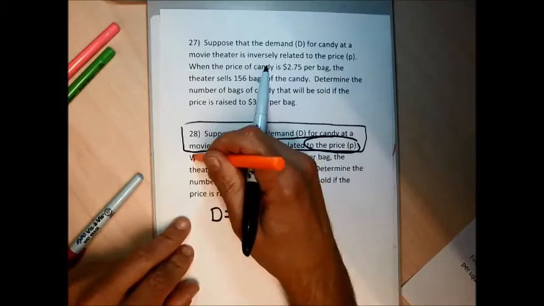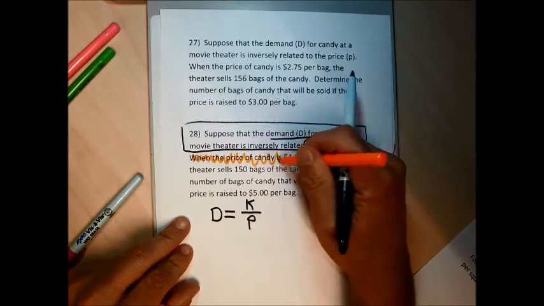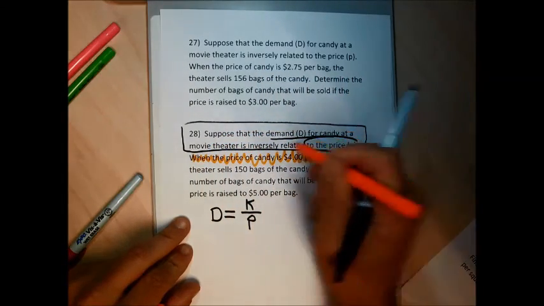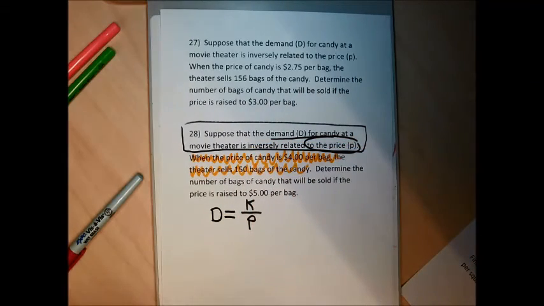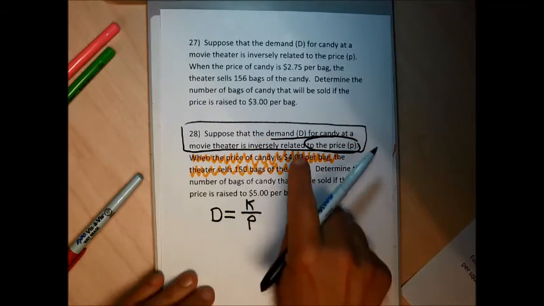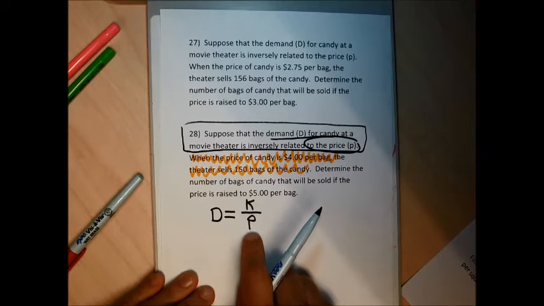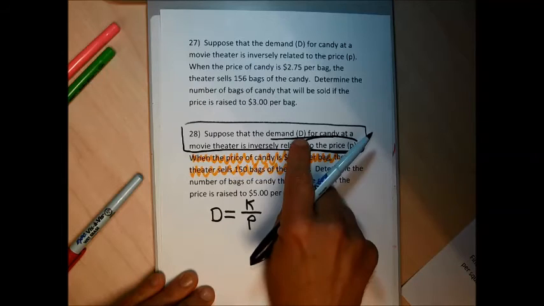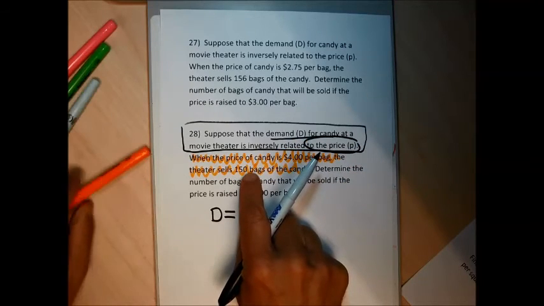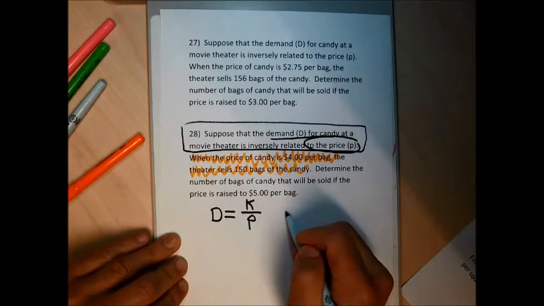The second sentence is going to give me values for the numbers. It says when candy is $4 per bag, we sell 150 bags of candy. The $4 is supposed to be the price. I'm going to put a 4 in for the P. The 150 bags is supposed to be the demand. I'm going to plug 150 in for D. So I'm going to go 150